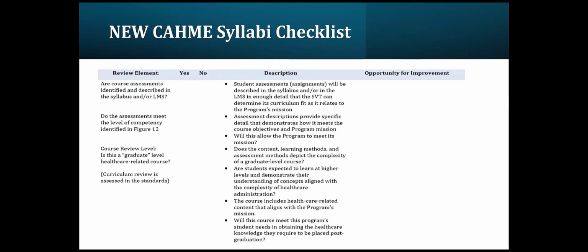All right, the next part of the checklist, are the course assessments identified? Do the assessments match that figure 12? And finally, is it a graduate level healthcare related course? And this was part of the assessment when we looked at higher and lower level teaching and learning methods. We're hoping for a much more global view as we look at this. Do the topics match your students' needs as they go to look for jobs? Are the assignments and assessments the kinds of assignments and assessments someone needs to meet your program level requirements and